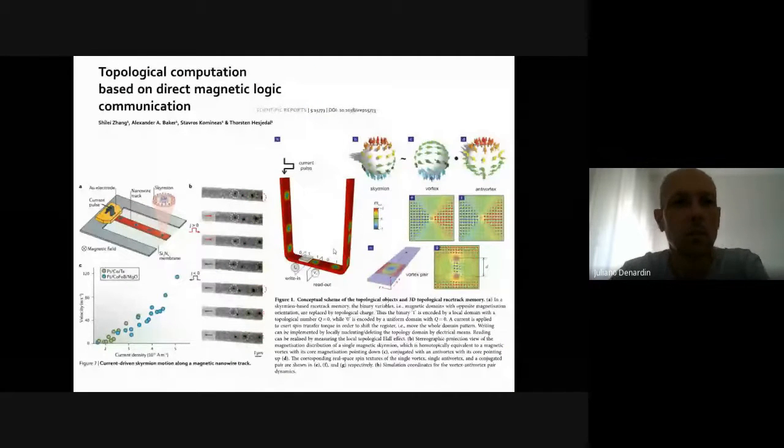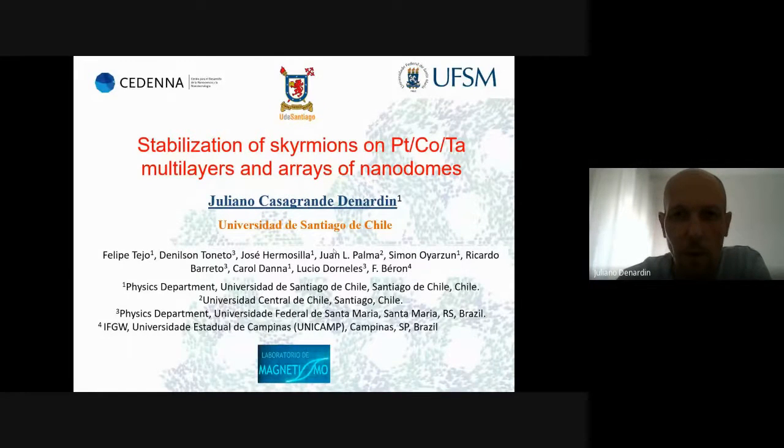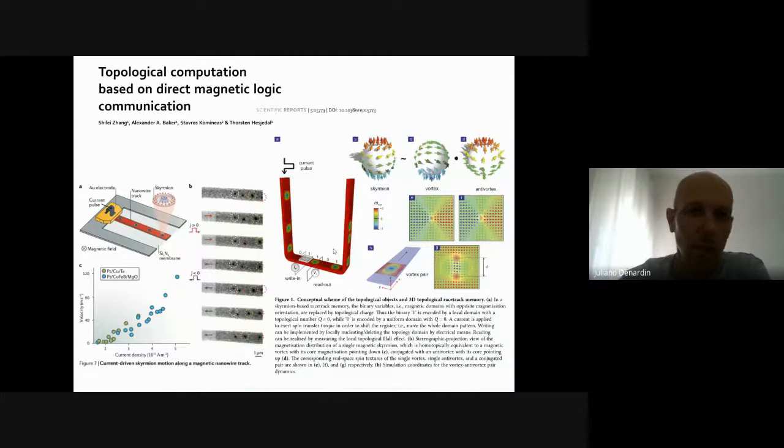What is the motivation to study? Because the title of the seminar is Stabilization of Skyrmions on Platinum, Cobalt, Tantalum Multilayers, and Arrays of Nanodomes. What are skyrmions? Skyrmions are magnetic entities that have received a lot of attention in the last years, mainly because they can be used to store and read information in new magnetic media, like this